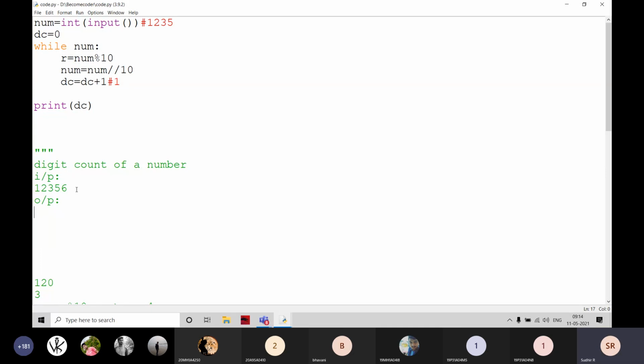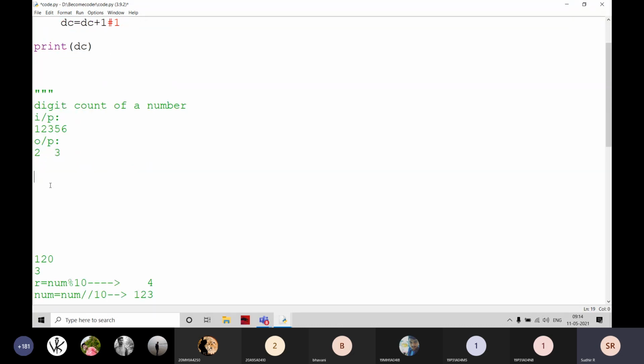2. How many odd digits are there? 3. Okay. This is one program, and I'm cutting it into the next program. This is the even count and this is the odd count. Just listen carefully. If the even digit count is even and the odd digit count is odd, I have to print even and odd.